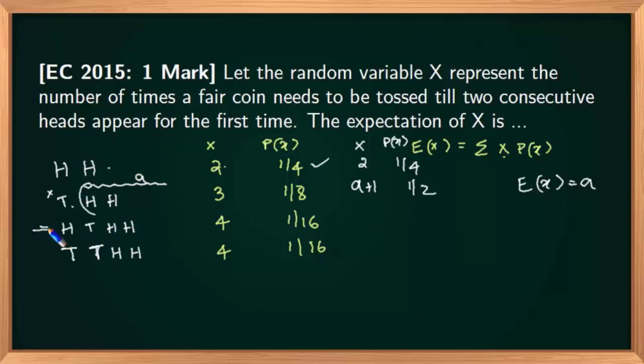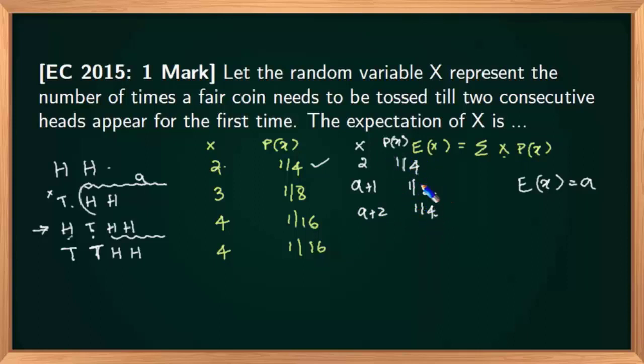Now, if I go for the next option, head tail, what it means is that the first thing is head, the second thing is tail. From here onwards again, since this is a tail, I know that I have to start the experiment all over again. So with the probability of 1 by 4, I can say that the length will be incremented by 2. Now if I see these three things, I can say that this is 1 by 4, this is